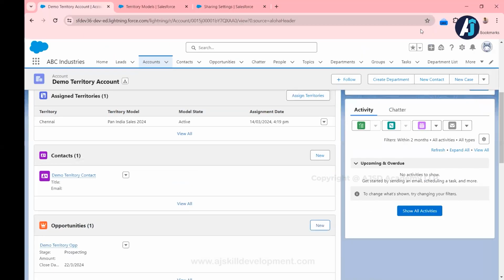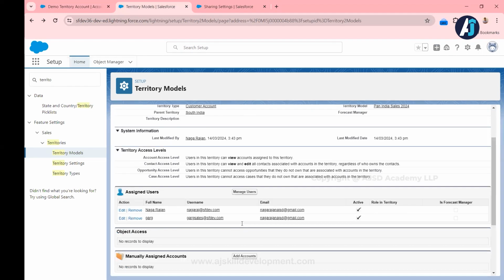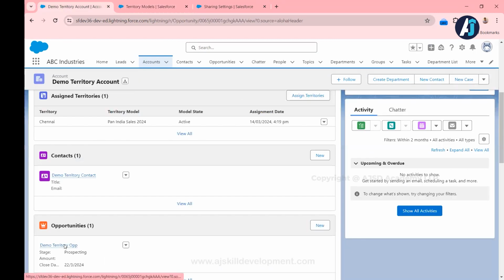A couple of points are there. One is, as I discussed earlier, opportunity access has a restricted level. If they do not own the account, then they should not be able to see the opportunity also. Since Garg is not the owner of the account, right? So definitely he cannot see the opportunity because we have a restricted access level. All right. And the second thing is, if you go to that opportunity record, let me go to the opportunity